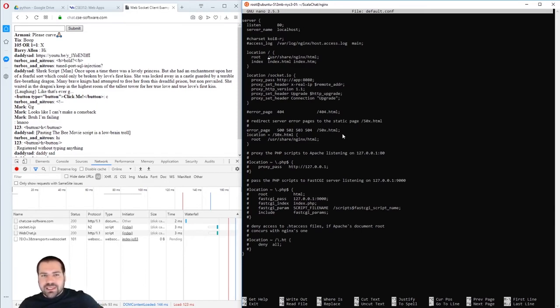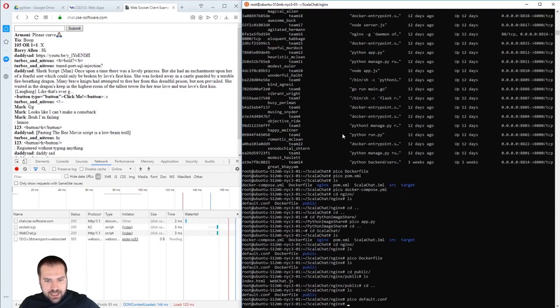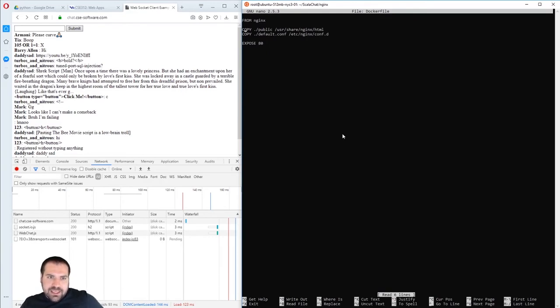If you get a request, look in that directory for a file of that name. And if the request is just /, look for a file named index.html. This is this part right here. This is all standard setup for Nginx. And then in my Dockerfile, I take everything in that public directory and move it into that directory that Nginx is hosting static